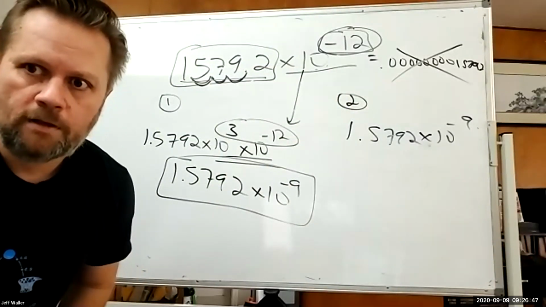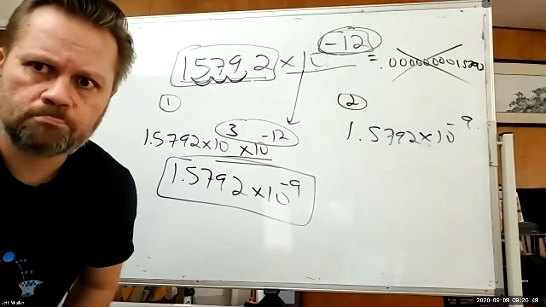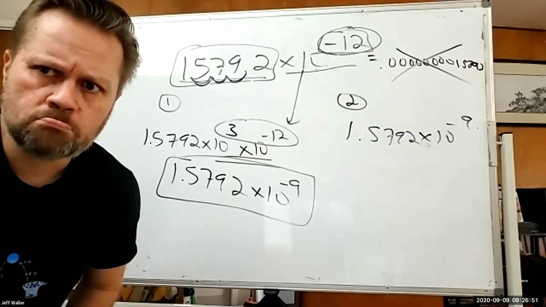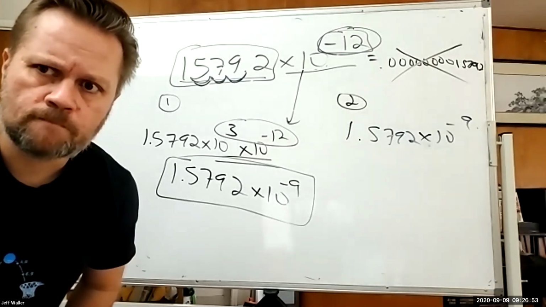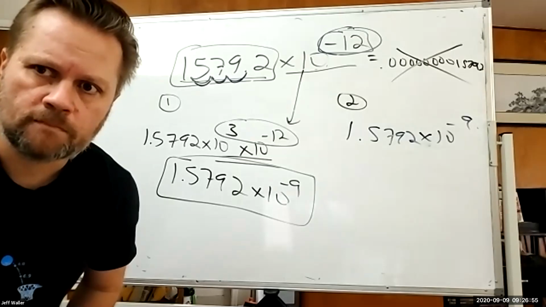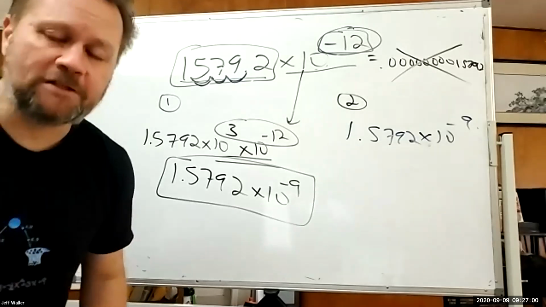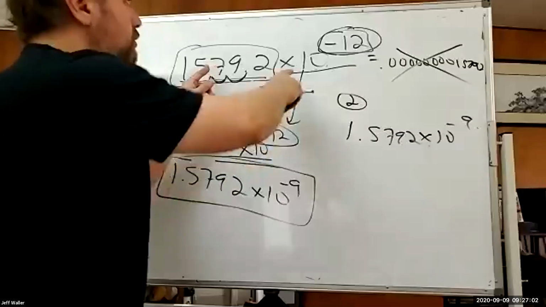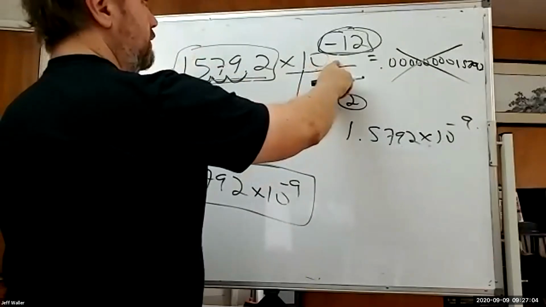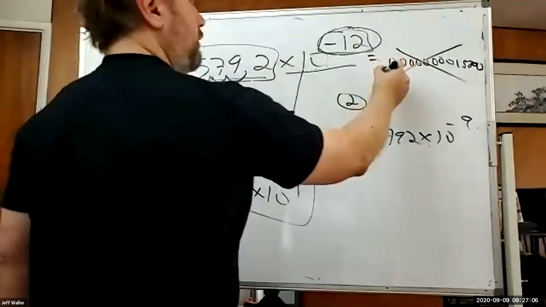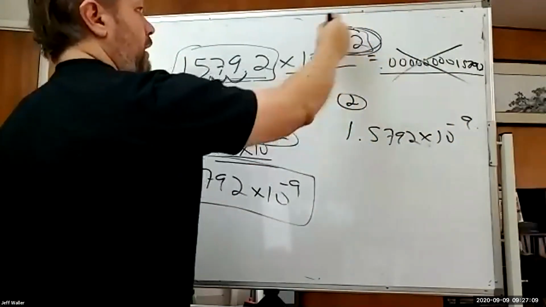So, Jeff, you don't necessarily have to move the decimal 12 times, even if it's a negative number. You don't have to move the decimal 12 times to the left. You can just move it as many times within the number frame. It depends on the question. If the question would have been, rewrite this in decimal form, this is what I would have done. I would have moved it back 12 because that's what